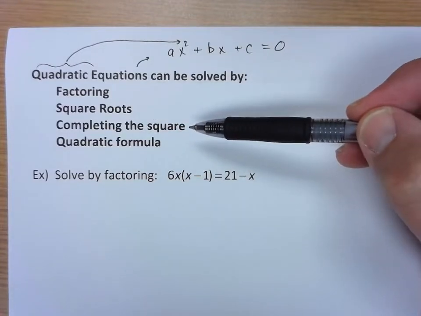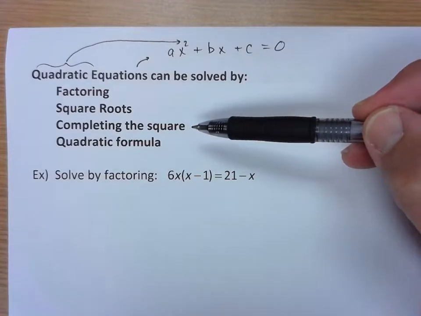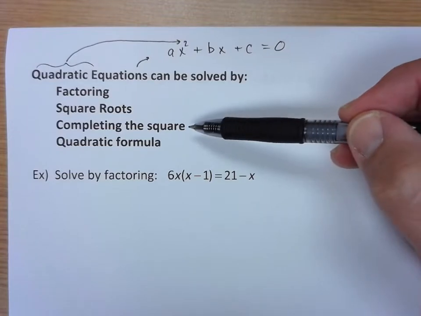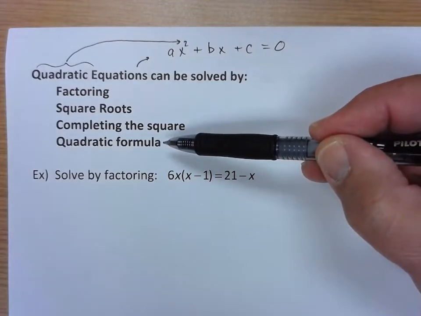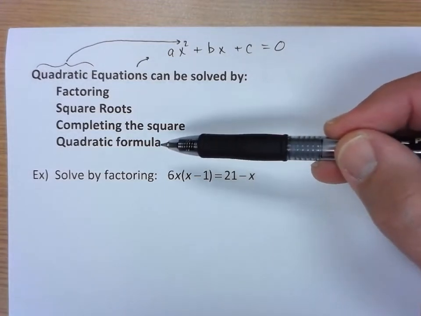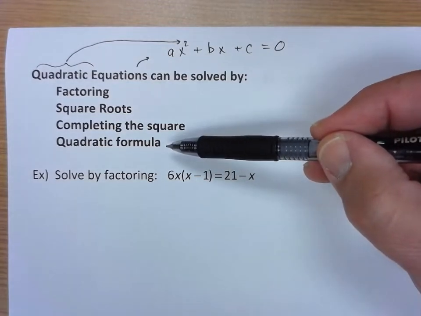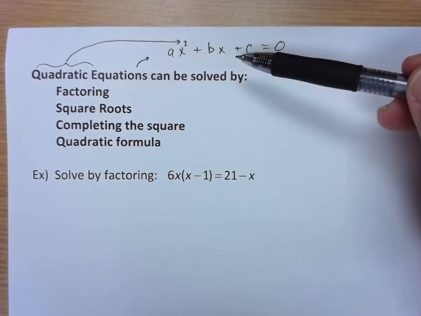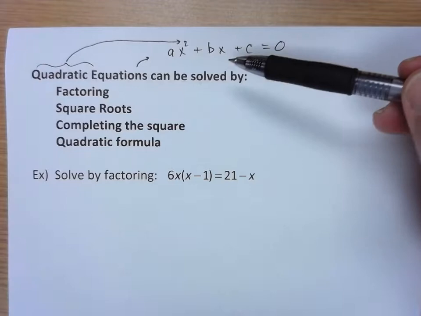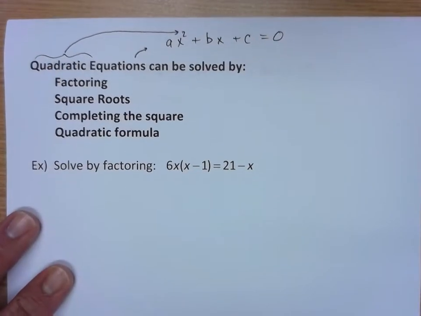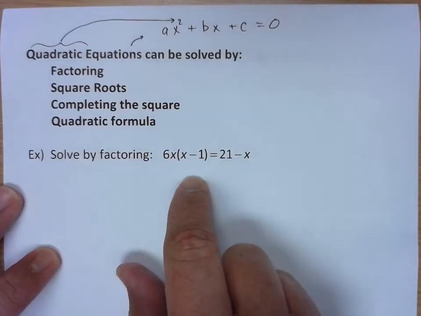Completing the square actually works every single time, and I mean it's a pretty quick algorithm to use, but most people who use completing the square eventually use the stylized version of it with the quadratic formula, because those are effectively the same way. The quadratic formula exists because someone has completed the square on this generic quadratic equation to get to a solution for the x values. So let's run through some of these techniques of solving quadratic equations as part of our review. This one you're asked to solve by factoring.